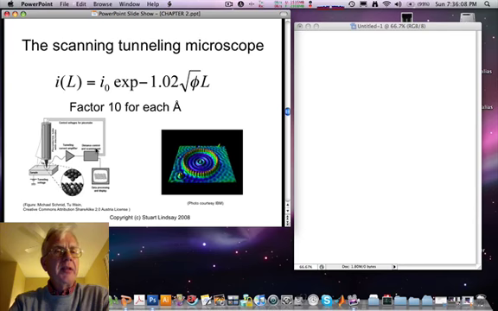This phenomenon is the basis of the scanning tunneling microscope, a device in which a very fine metal probe is held a distance of a few angstroms above a surface by a piezoelectric scanning module, such that tunnel current can be driven between the metal probe and the metal surface. And because of this incredible sensitivity of current to distance, if the probe is moved, the current varies enormously if the height of the surface varies by even a fraction of the height of an atom. So by sensing these current changes as the probe is scanned over the surface, one can map out a surface